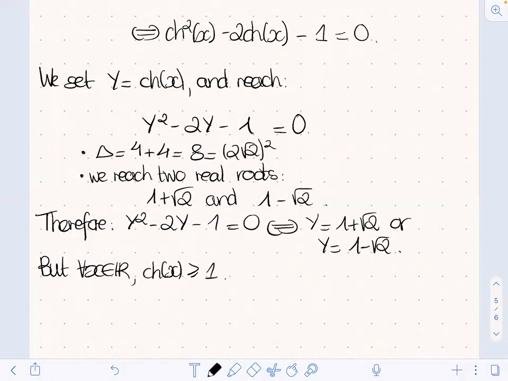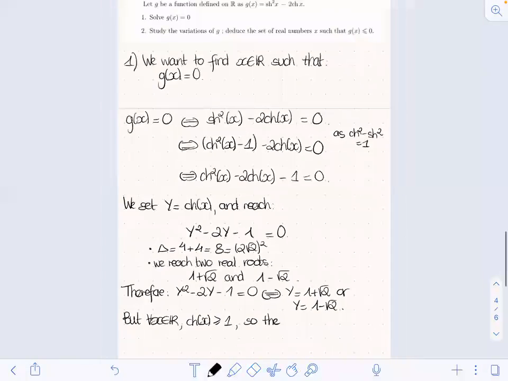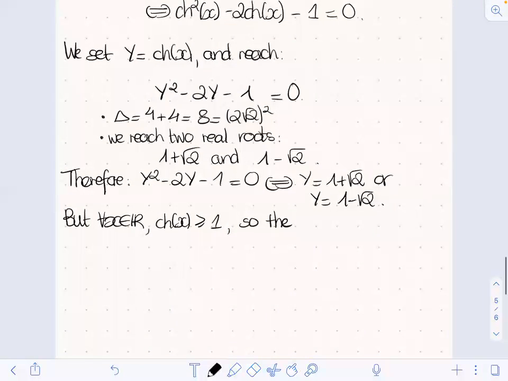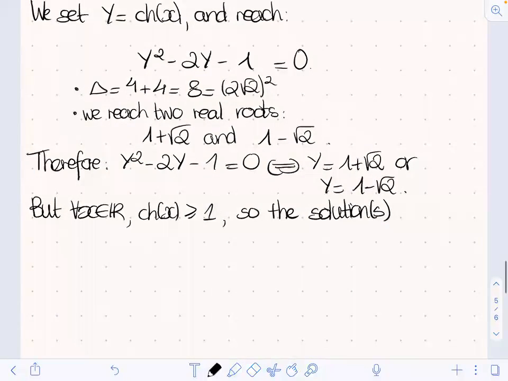So what does that mean for the two values that we found for y here? Only the first one is possible. Yeah, exactly. So the solutions of this equation, with an S possibly because there may be several, satisfy